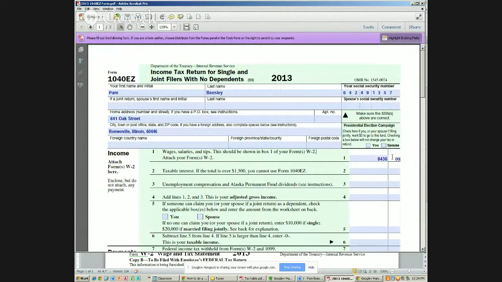Now that line is kind of like your period. All right? So all your whole dollars will go on the left, your cents will go on the right. And please, please, please attempt to line up your numbers. A lot of people's answers are wrong because they do not line up their numbers correctly.